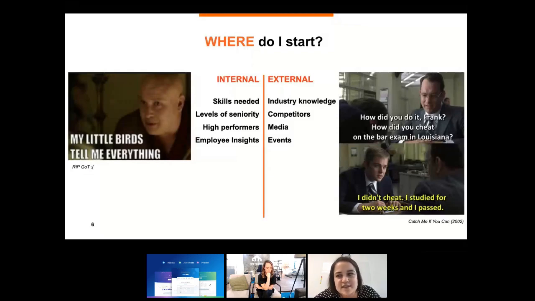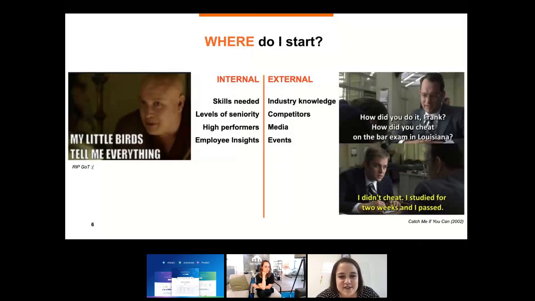So speak to your peers, the engineers in your team, wherever they may be, and see, perhaps they also have referral connections, which is typically one of the strongest sources of hiring because there's someone in the company who can vouch for them. So that's why I've got this lovely Game of Thrones meme, because you've got your little birds all over the company that can tell you everything you need to know.